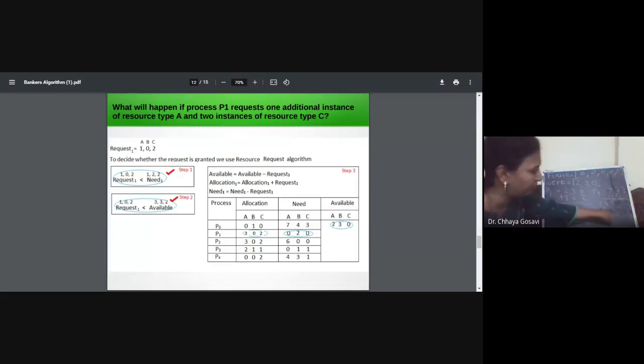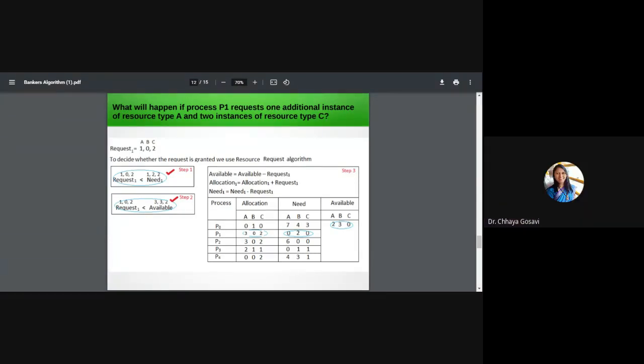We have 745. So the next processes will be executed, P0 and then P2. So we get the same safe sequence, in this case P1, P3, P4, P0 and P2. If you are getting a safe sequence, you can say that the system is in a safe state, and you can grant that request. The request is granted.